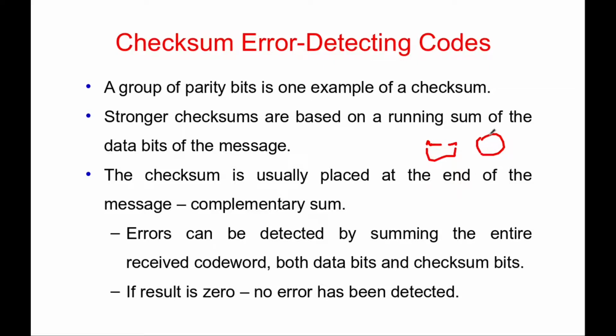And in any case, if there were some errors in the data while in transit, the receiver will calculate the checksum for that, and that will evaluate to something other than the calculated checksum value at the sender, so the sum of those two things will not become 0 as it was at the sender. So the checksum would be, for example, 6, and the transmitted checksum was in the previous case minus 7. That wouldn't make 0. So in this way, the receiver will be able to detect the errors with the checksum.